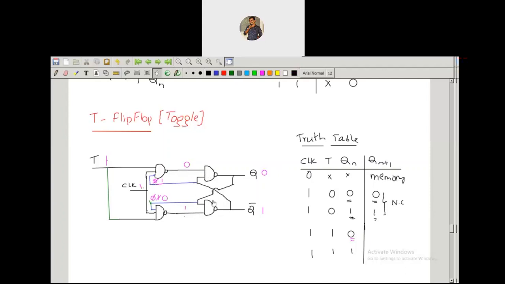So for 0 1 inputs for the SR latch, what is the output you are going to get? Try to answer so that it will be fixed in your mind.